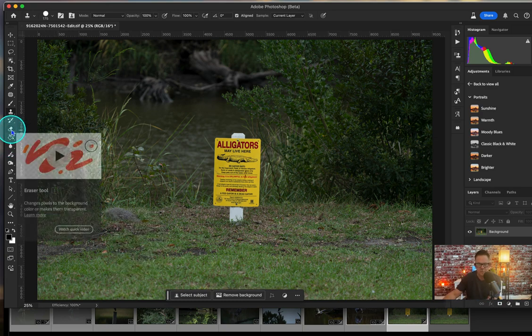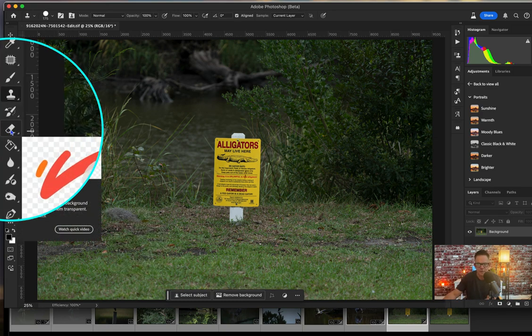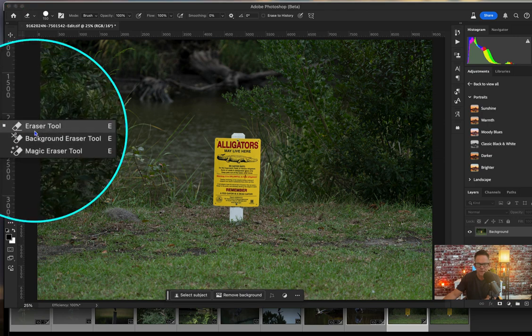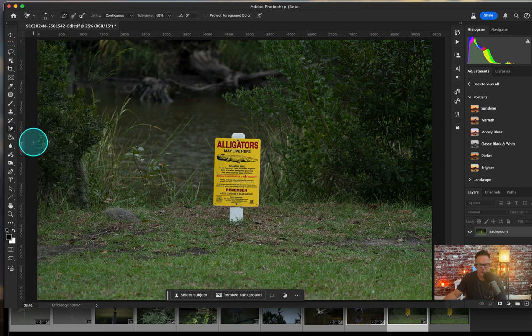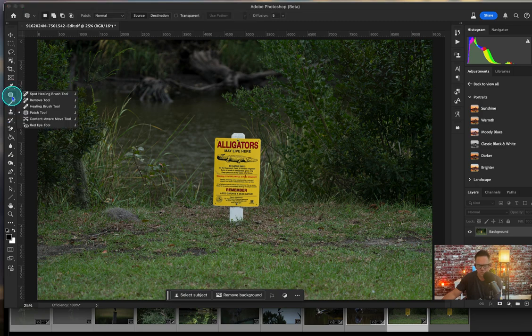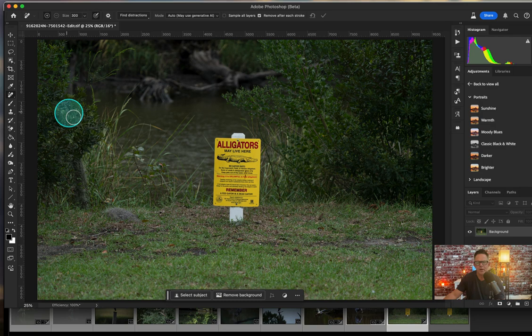Let's go to the eraser tool here. And if we click on that, actually, I want to go to, let's go to the patch tool, because I want to go to the remove tool under here. All right, so now we got the remove tool underneath these brushes, which we were just looking at a few minutes ago. So if we go to the remove tool and we paint over